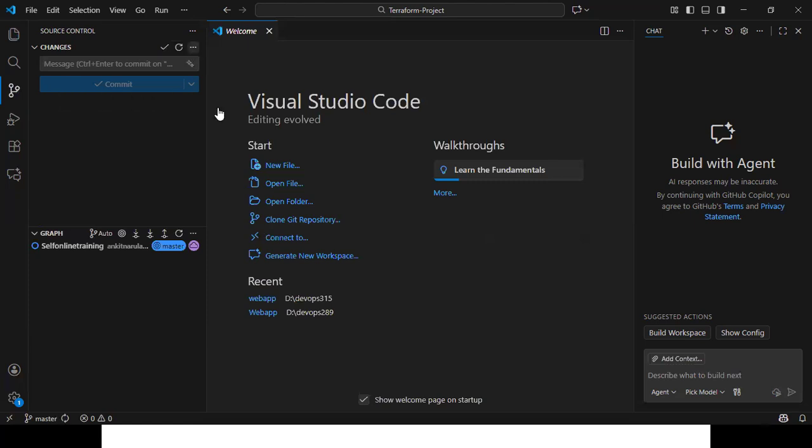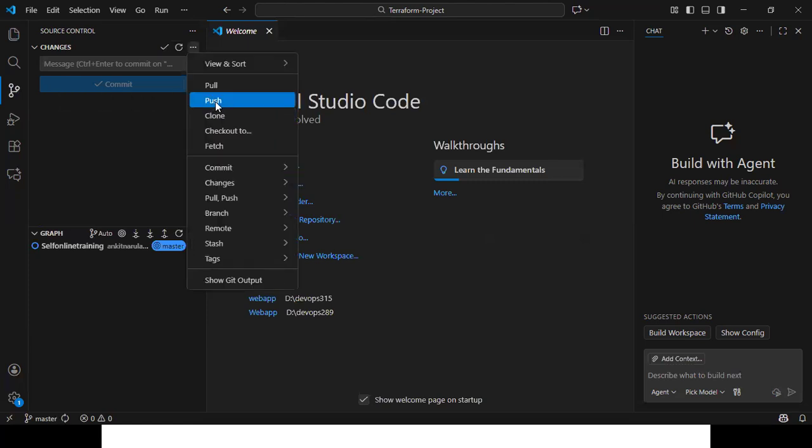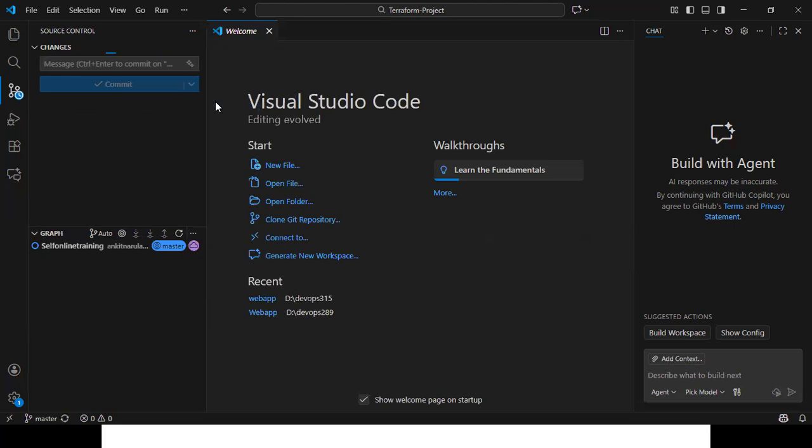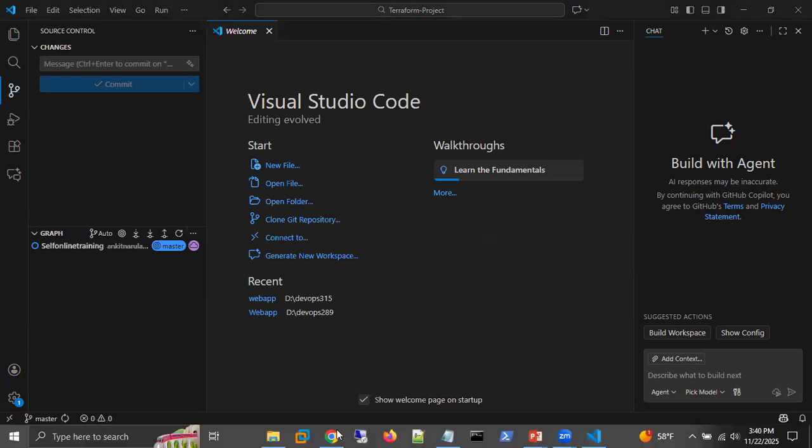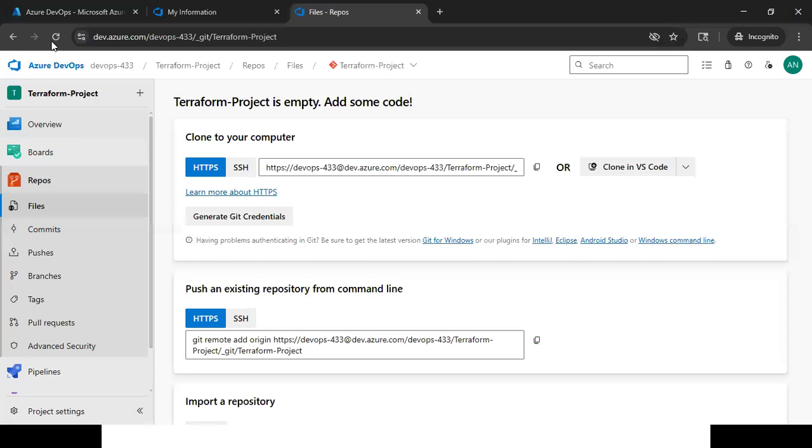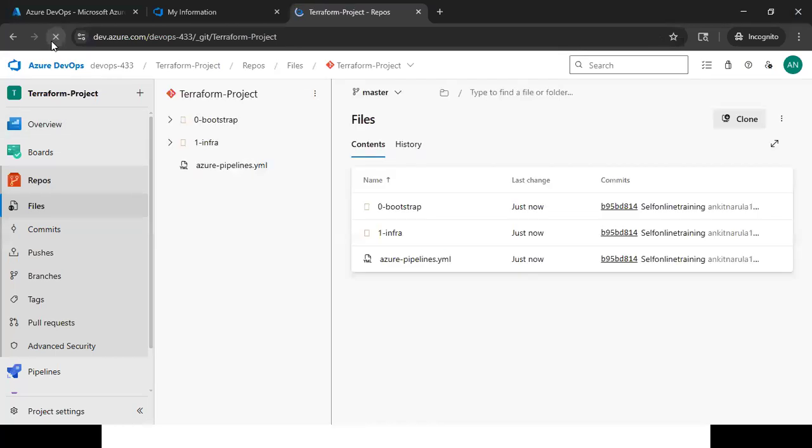And push the code. Done. Now let's check our Azure storage account. Refresh this page. Here I'm getting, so we are able to get our code here. Now once our code is there,